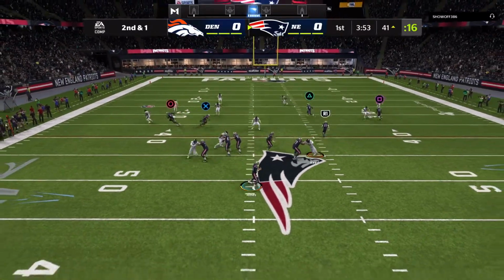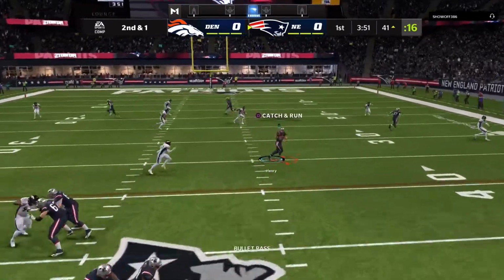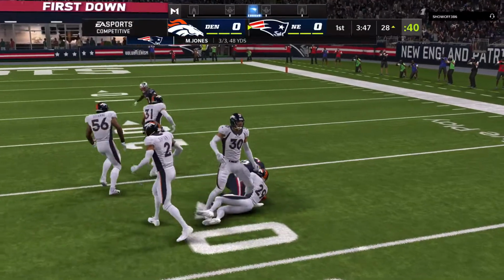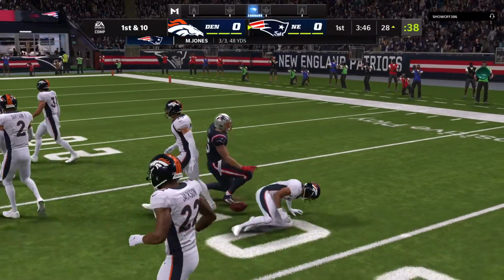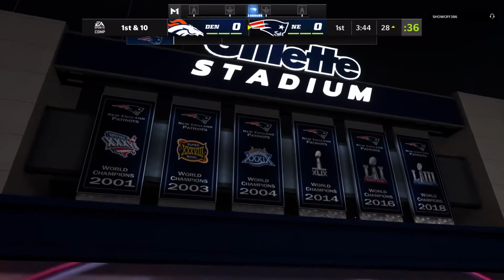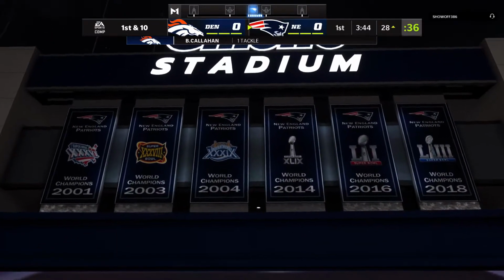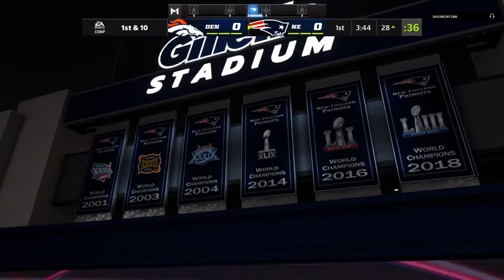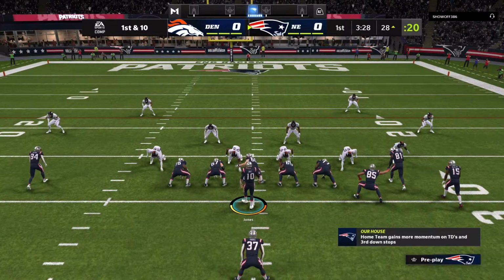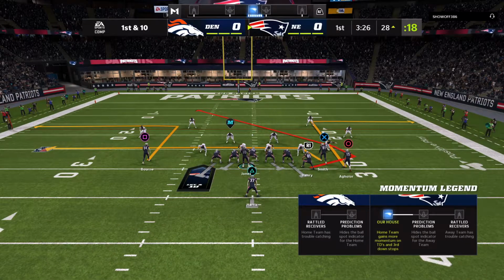To throw again on second down. Jones. And this complete to Henry over the middle. And he's going to get this inside the 30. Pretty solid start for the rookie here on his first drive, Charles. Able to have some confidence, stepping back into the pocket, move around a little bit, find open receivers, and deliver. That just means his confidence is going to continue to grow because he's getting more and more comfortable with each